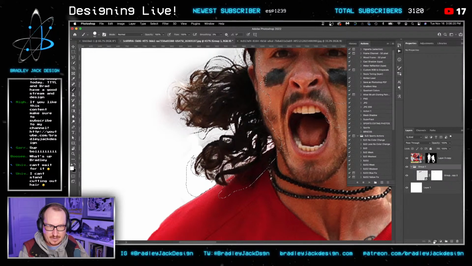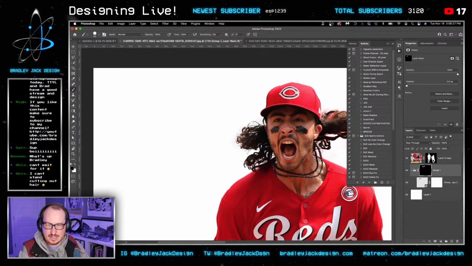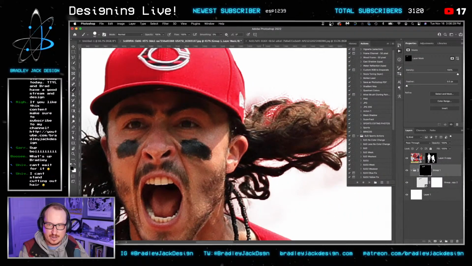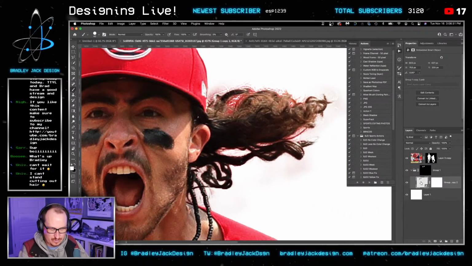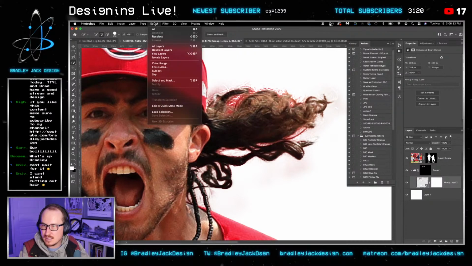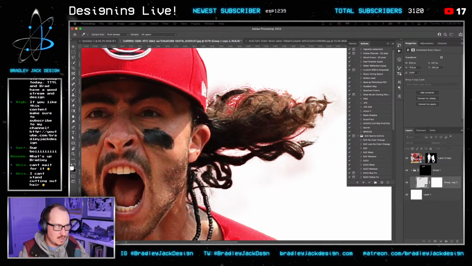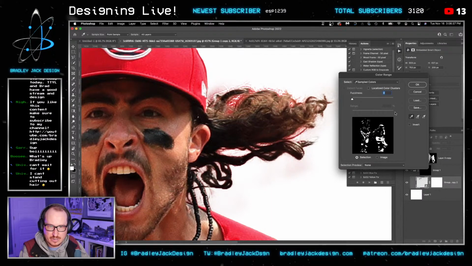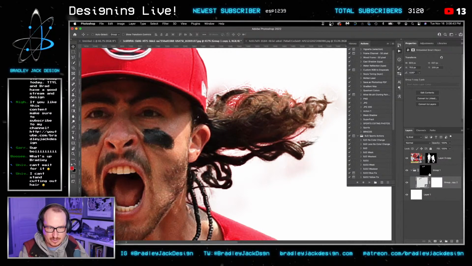Let's group this together and mask to the hair. That'll get rid of a lot of it already, so that's not bad. We got all this red up here that's an issue. I wonder if I can do a color range selection. Just like right here. Yeah, it's gonna select too much. Okay, that's what I thought. Now one thing I could do,